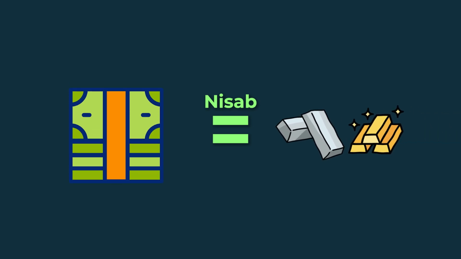So even though you may be showing a loss and reporting a loss, if you have assets which equal the nisab threshold, you still need to pay zakat. So you can deduct your liabilities that are due, but you need to pay zakat on the net zakatable assets you have in your business, even though this year you've made a loss.